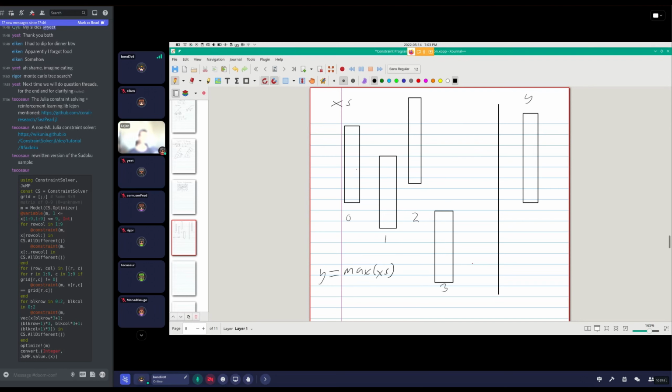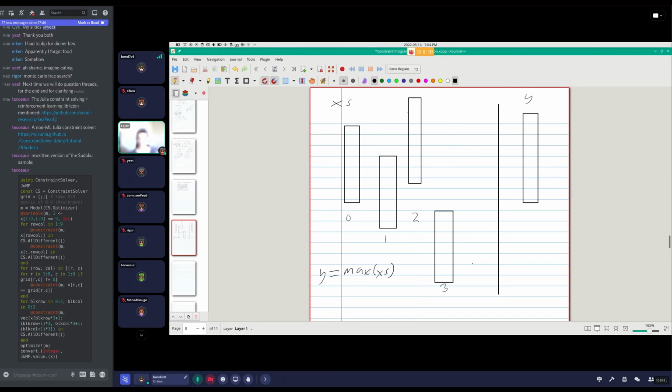So, for example, x3's largest possible value is smaller than y's smallest possible value. It's nice to have this geometrical intuition here. And as you can see, x2's absolutely largest possible value is larger than y's largest possible value. And we want this to be equal to the largest one of these ones, which means